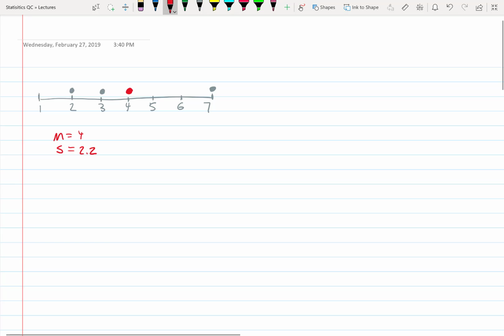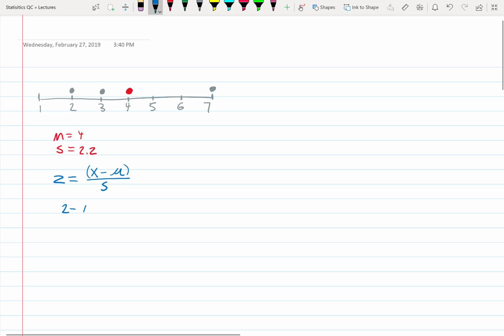Alright, let's see how we would get those z-scores. The z-score formula, again, is z equals the score we're testing minus the mean of the distribution over the standard deviation. So the score that we need the z-score for, minus the mean, divided by the standard deviation. And just for clarity, I'm going to put some parentheses around that. Okay, so the first z-score is going to be